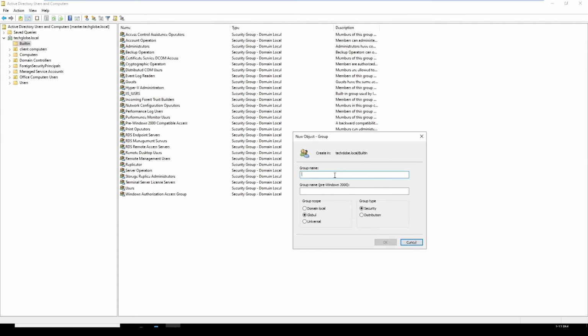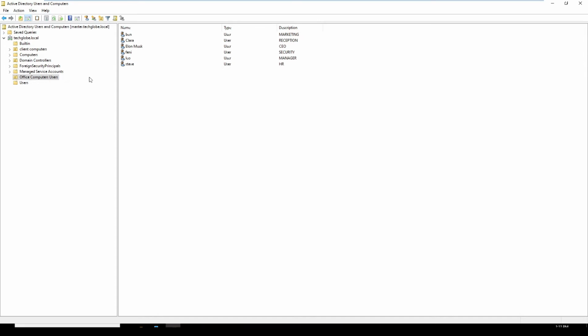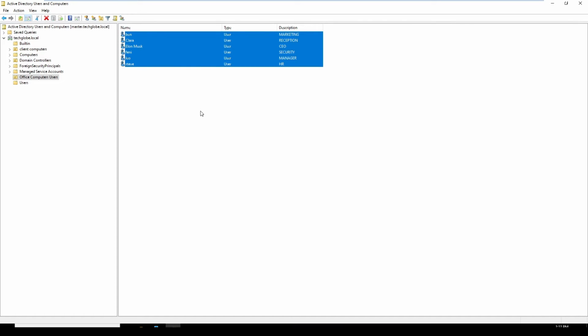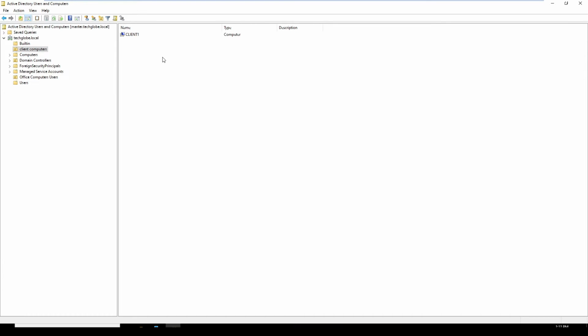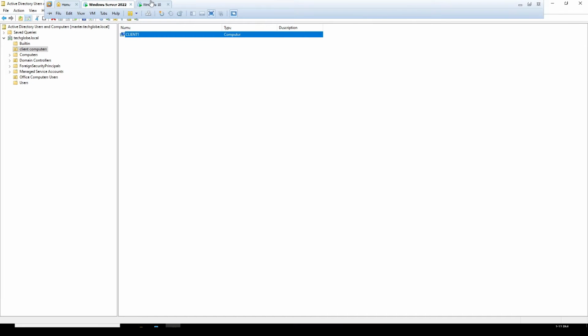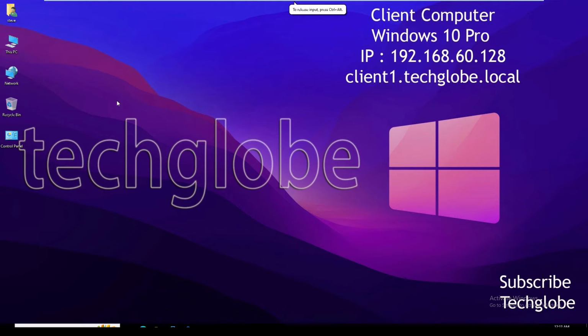Here I'm going to type allow user remote desktop. This is the group name. Click OK. This is my OU, and these are the users for the domain users. This is my client machine. First I will show you the client machine, which is Windows 10 Pro, and open computer properties, go to advanced system settings,